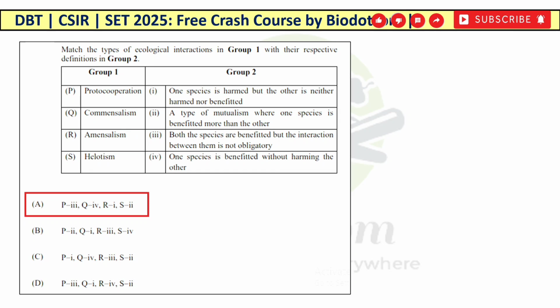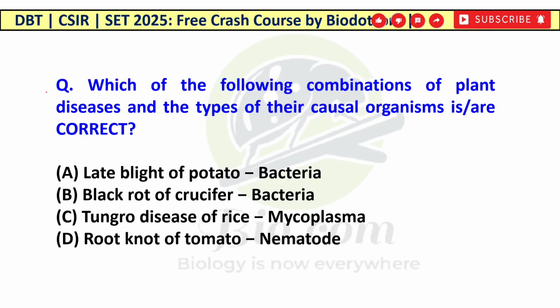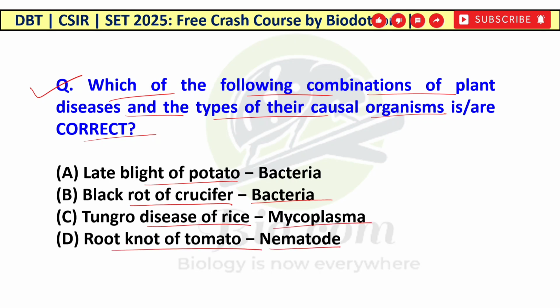All these things are important. One more question: which of the following combinations of plant diseases and the types of their causal organisms is/are correct? Black rot of crucifer, which is a bacterial disease; Tungro disease of rice, a mycoplasma-based disease; root knot of tomato, which is a nematode-based disease. So if you remember, the late blight of potato is caused by a fungus. What is the name of that fungus? Its name is